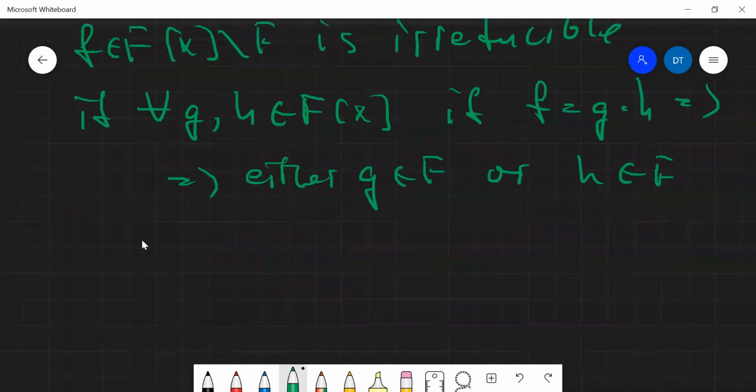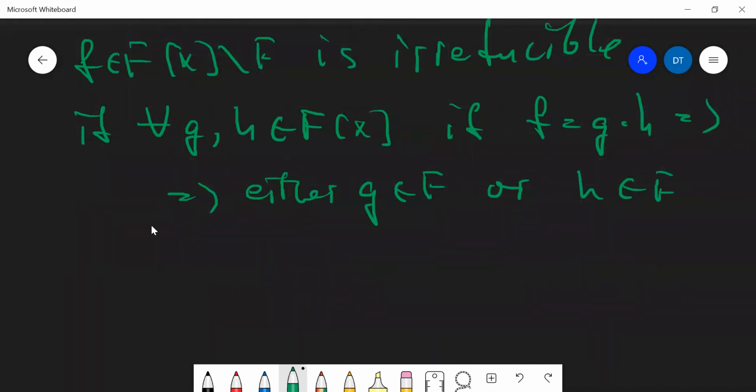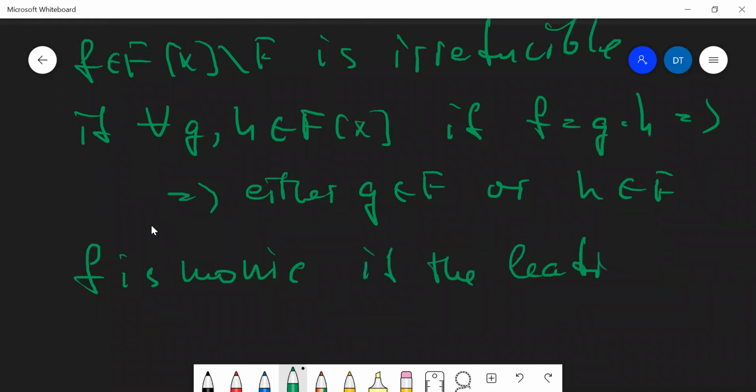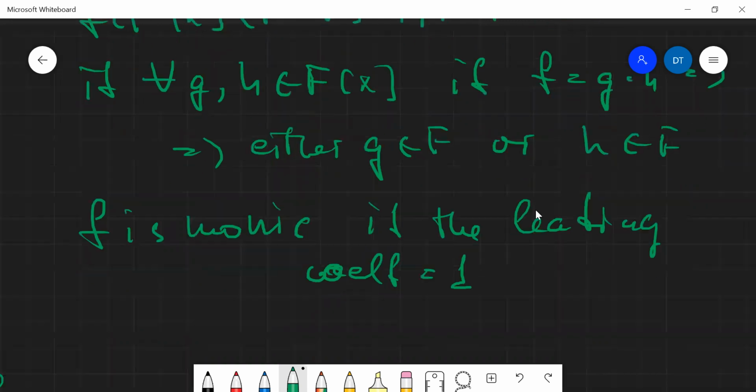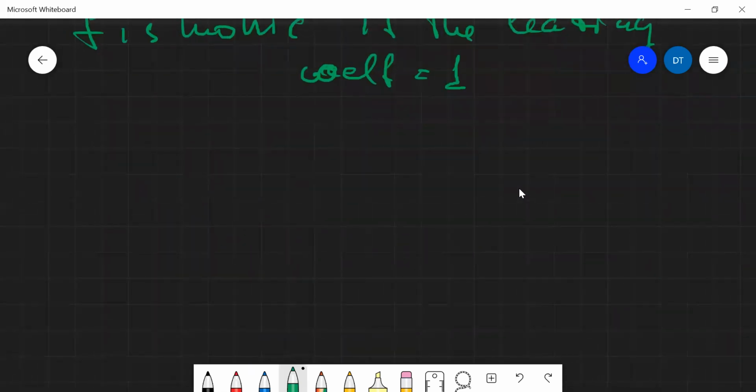And just in case, I will say that f is monic if its leading coefficient is 1. Okay, now we're ready to formulate the unique factorization property for the polynomial rings. The claim,